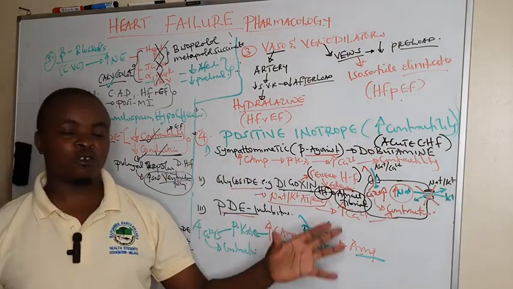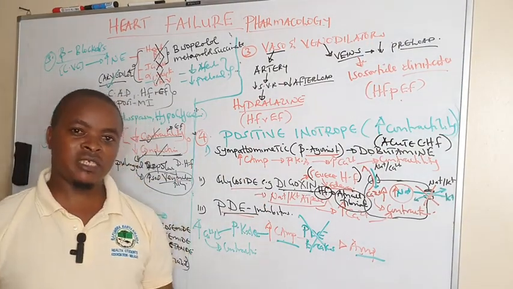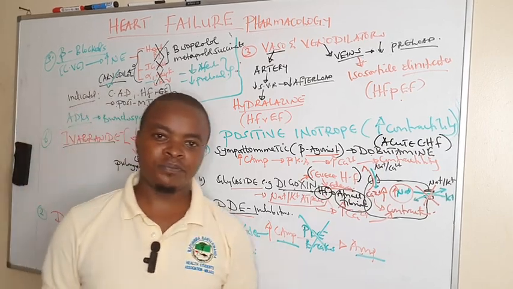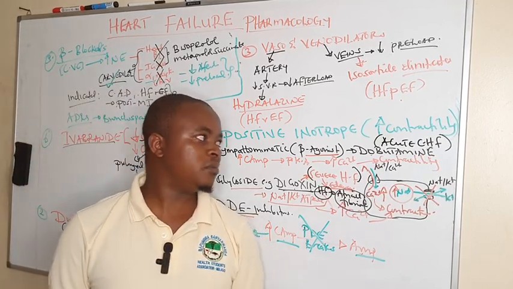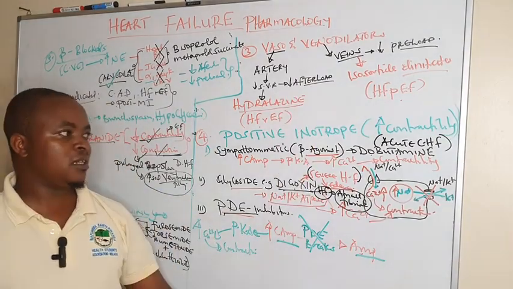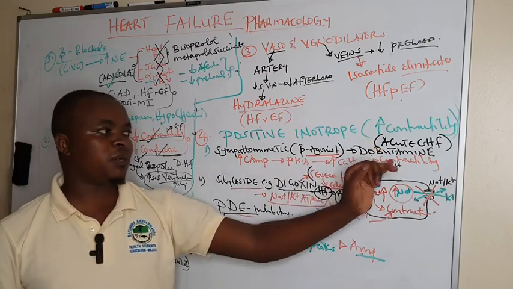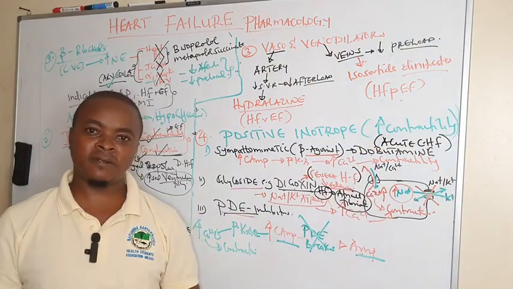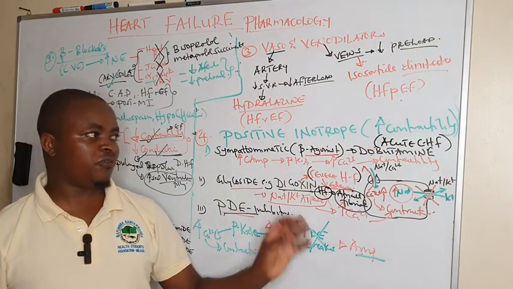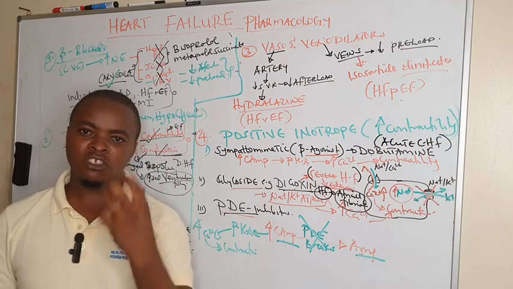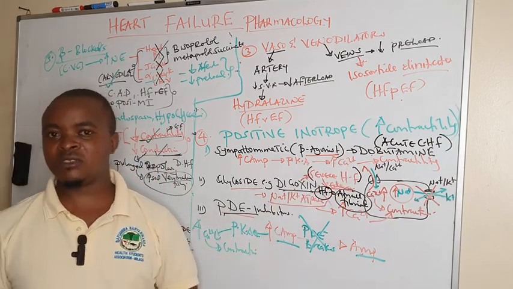Then positive inotropes, we have seen their major action is increasing calcium. And when we increase calcium, we increase the contractility. And these ones have shown, especially the beta agonist dobutamine, which can increase mortality in heart failure. So it is not preferred, but we can use it for a short term in the treatment of acute congestive